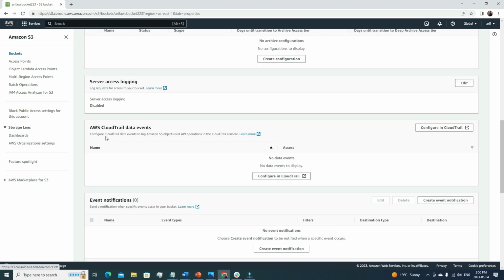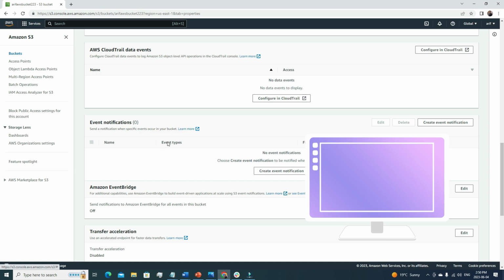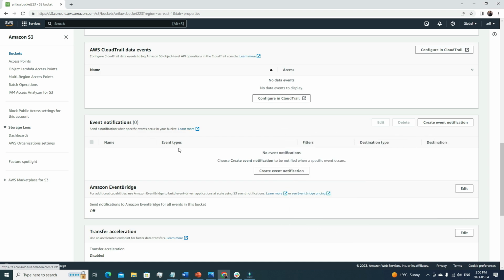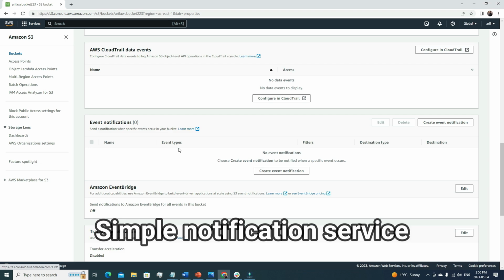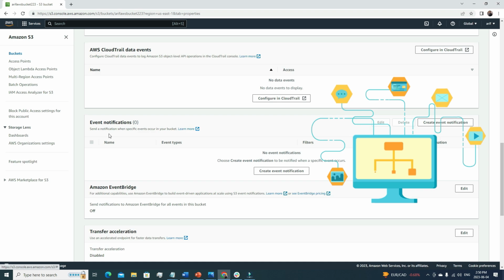After that, we can enable the AWS CloudTrail data events. It's more for monitoring purposes, and we can also set event notifications. Suppose if we upload an update, I want to push this notification somewhere. In AWS terms, we can call it Amazon SNS, Simple Notification Service, for some additional operations to perform. In that case, we can configure